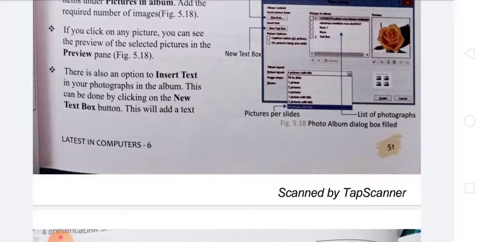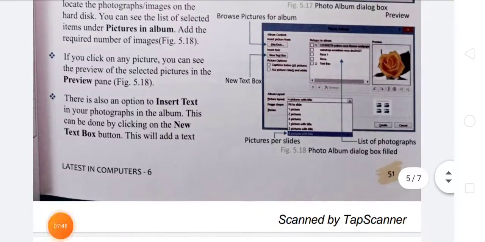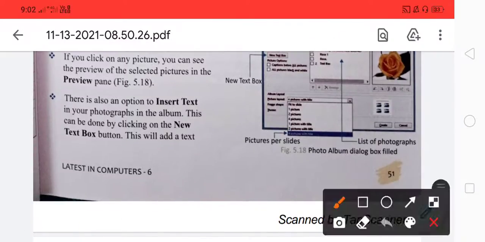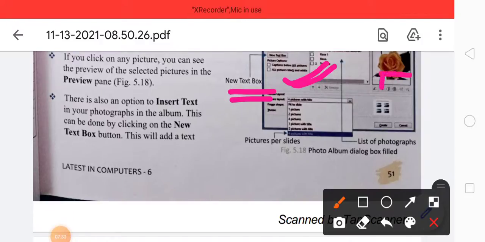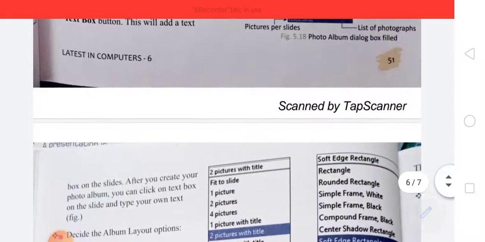There is also an option to insert text in the album. Here you see this one is the option for a new text box. This type of small text box is found, and here you add the text.